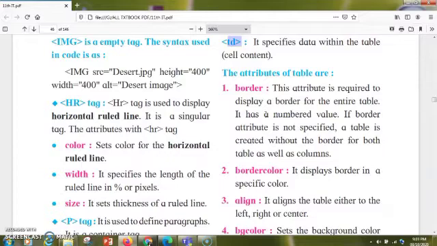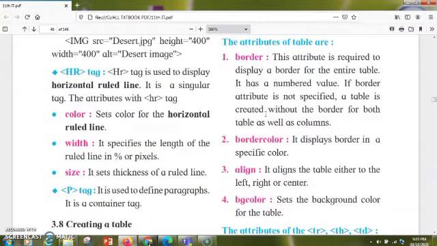So border is very essential. If you give the value as 2, the border's thickness will be less. If you give 4, 5, 6, the border will be broader and the thickness will be more. In the same way, if you want to change the color of the border, you can use the bordercolor attribute inside your table tag.